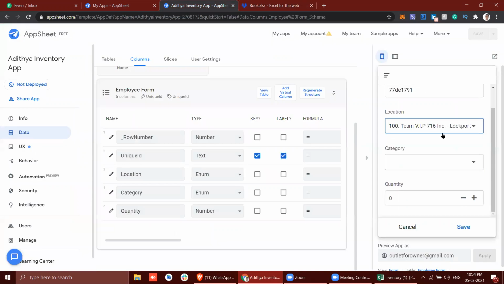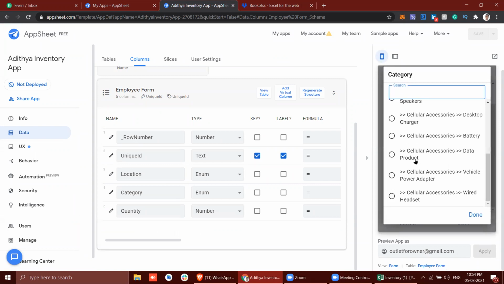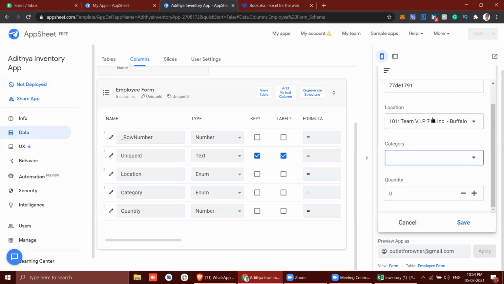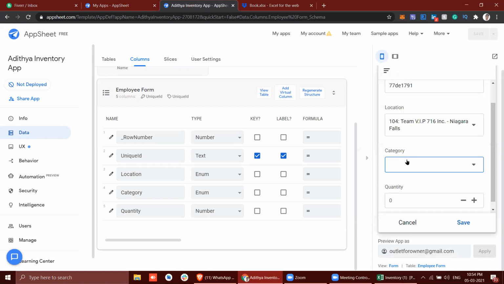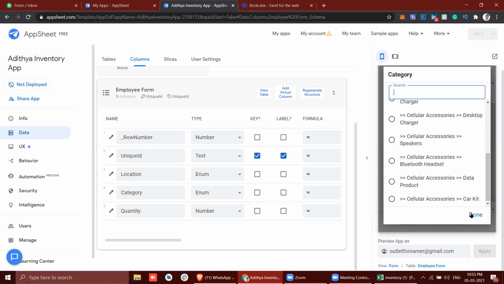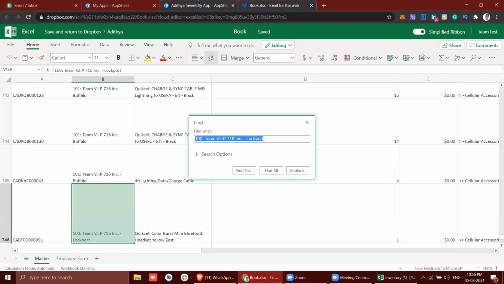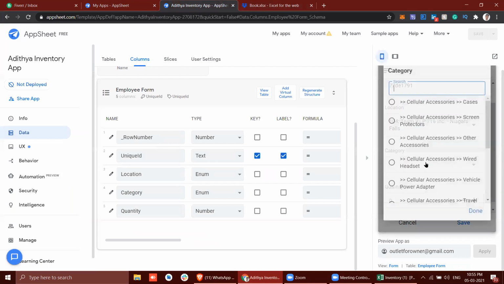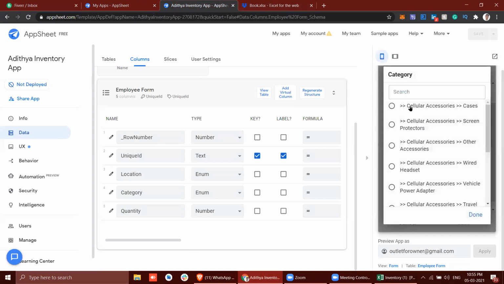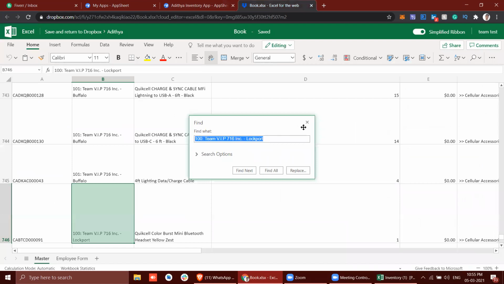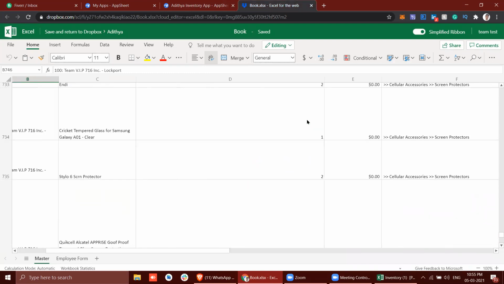Now, for example, I am selecting Buffalo, and the categories will be different for each location. So based on the filter condition, we are filtering it. Okay. So next, what the client asked is: first the category, then they see the products, and once they select the products, the quantity in stock. So now, once I select the category, cell cases, and based on that